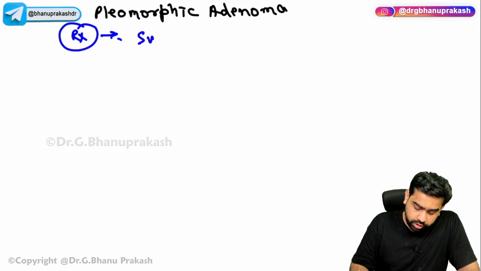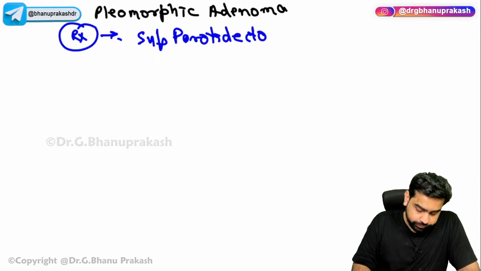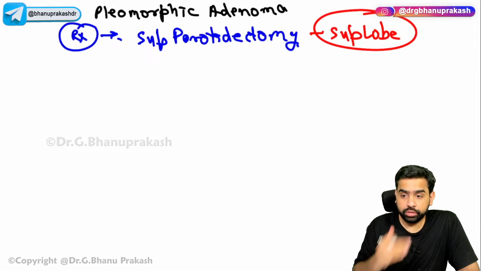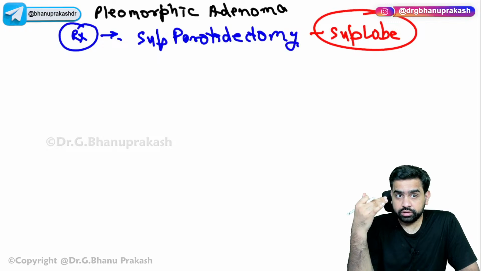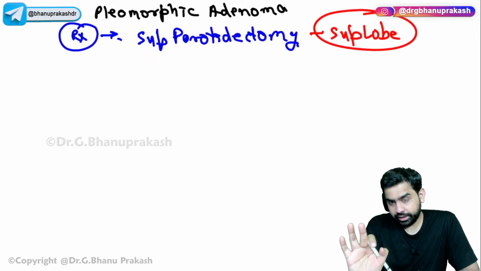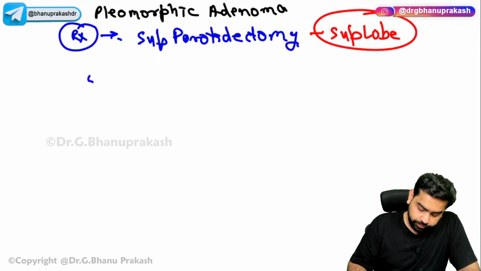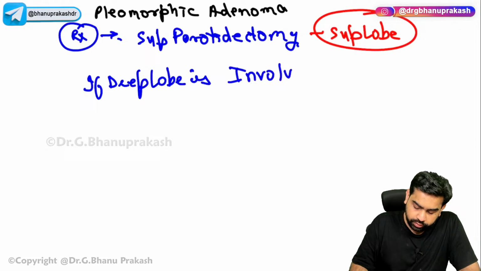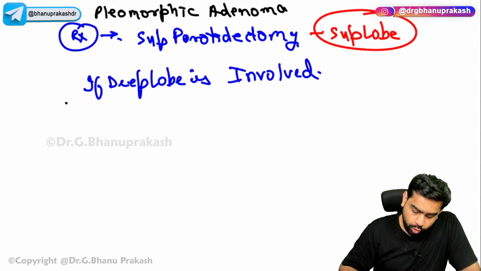The treatment of choice is superficial parotidectomy, because most of the time only the superficial lobe is involved, and that is why the treatment of choice is superficial parotidectomy. But if the deep lobe is involved, my question is, how will you get to know